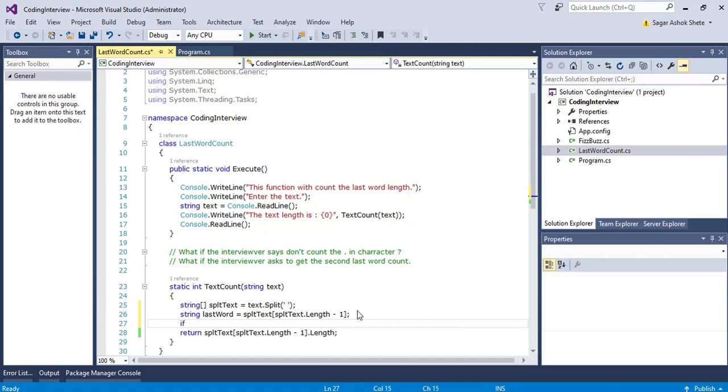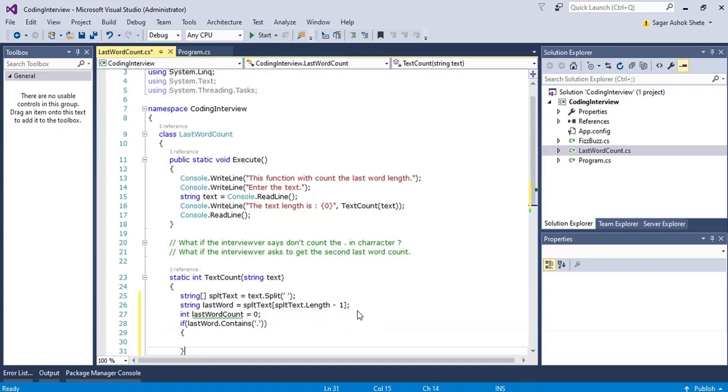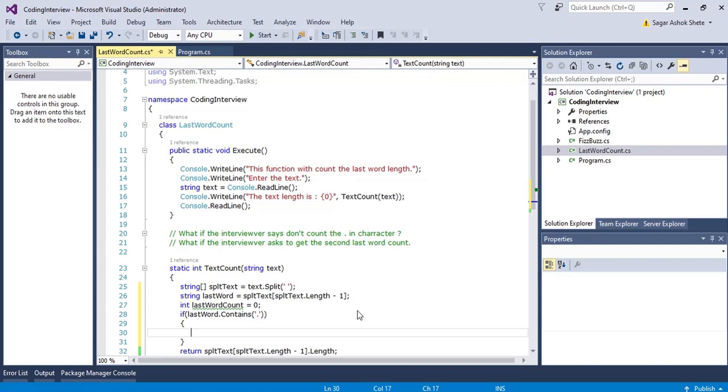Then I'm checking if the last word contains a full stop, then if it contains a full stop, what I would be doing is